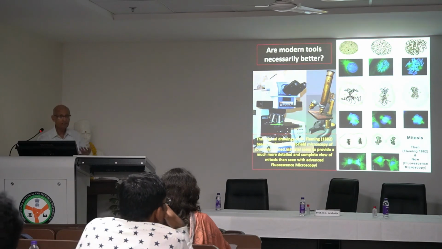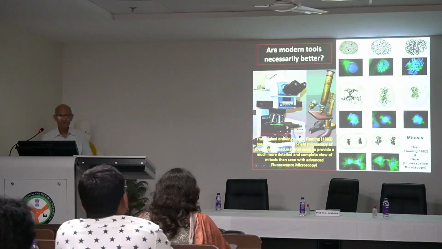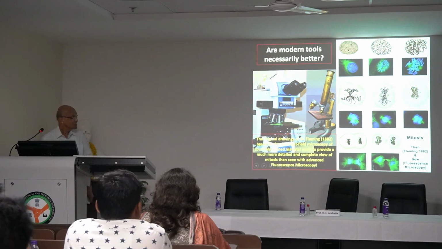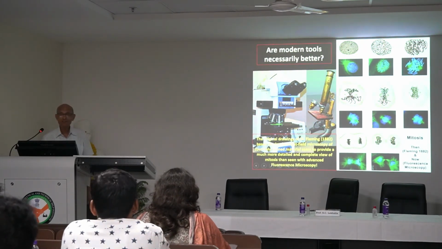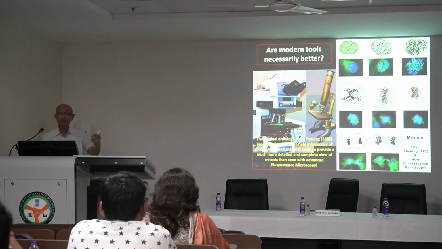And what he imagined, now of course we can see in real life as well. But the same stages, if you look at confocal, see, I've given the comparison of the microscope that he would have used and what we can use now. All right. But with this kind of microscope, these are the drawings. And I leave it to you to decide which is better, which gives you more information. My bet is certainly these series of drawings, not this. It only tells you where is spindle, where is chromatin.